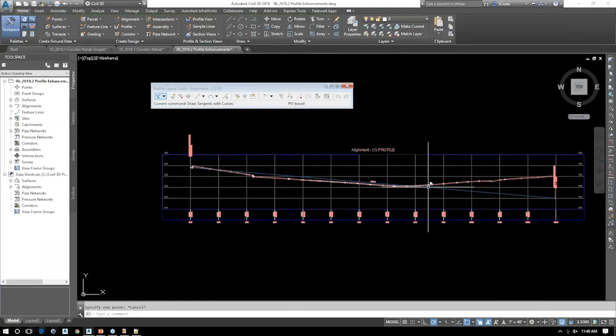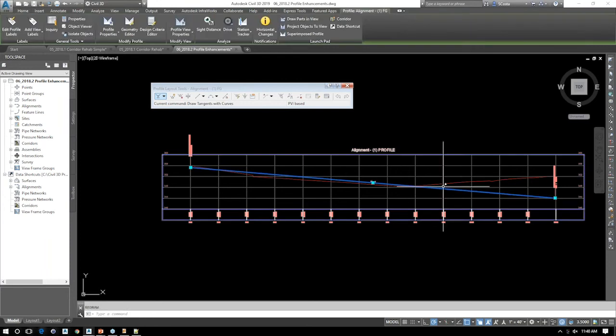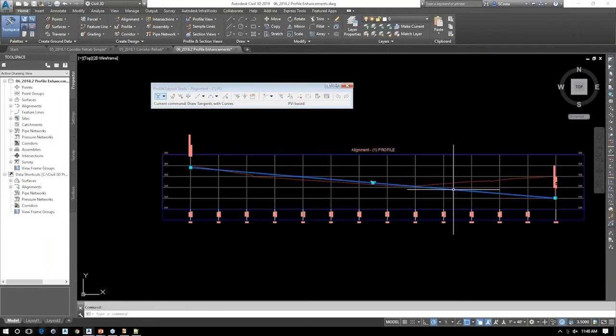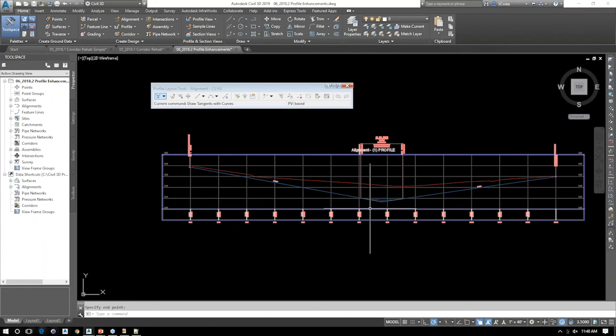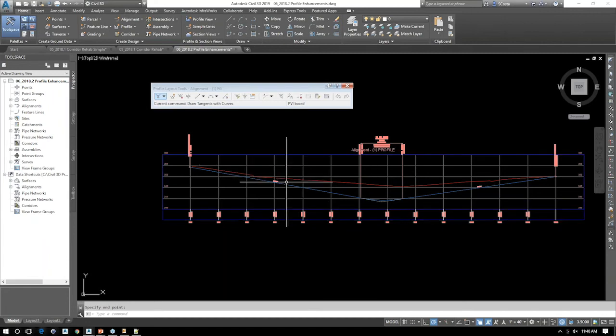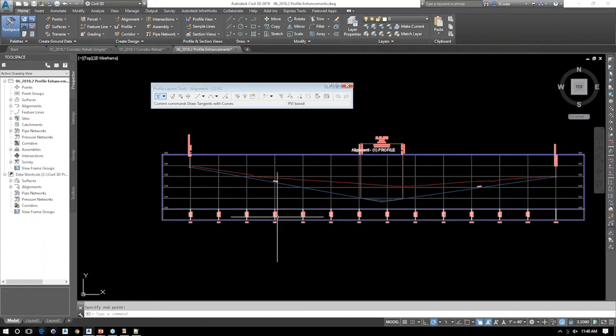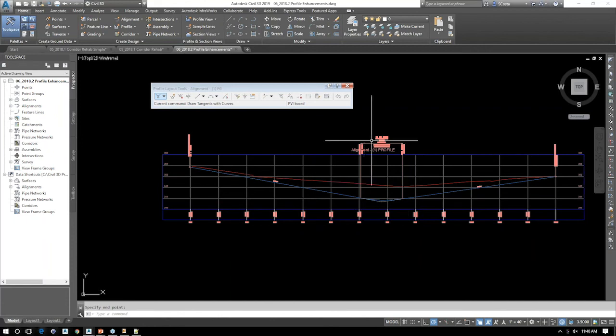I had no way of going from right to left. The new feature is the ability to come in here, and if I just remove that tangent and start over, and I'm just going to disable OSNAP, I can now go from right to left. Seems subtle and just not very important, but if you've ever been in a situation where you have to create fixed elements to match existing and you want to go from a certain direction, you couldn't in previous versions of